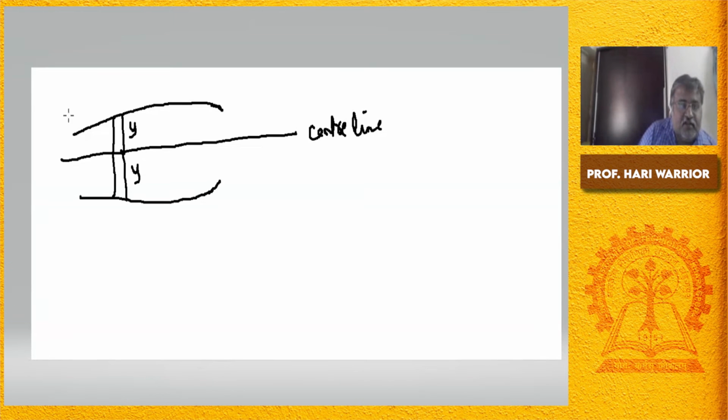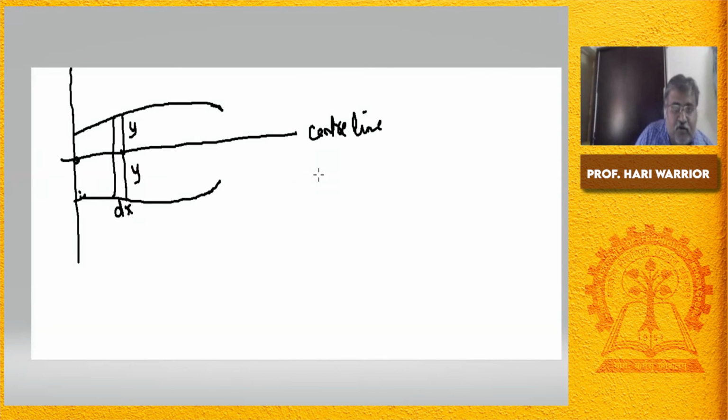Now let us assume that the aft perpendicular is here somewhere. This is the aft perpendicular. So the moment about the, first we will see the second moment about the, we didn't talk about this, this is the transverse. Okay, let's do the transverse first. So let us suppose this is a small element dx.